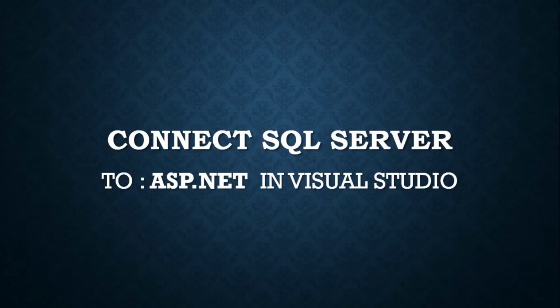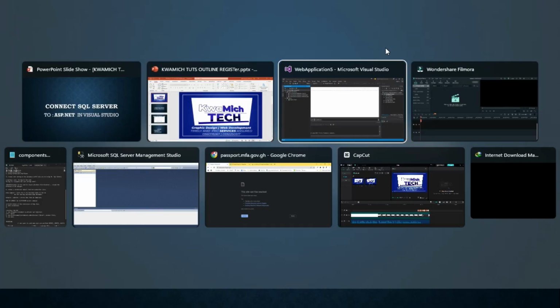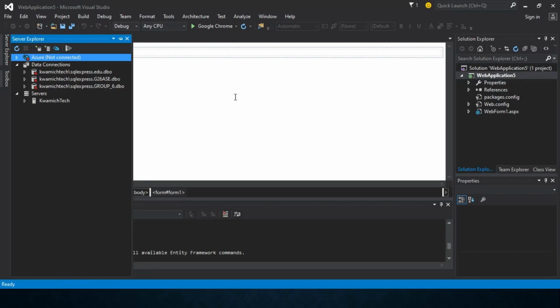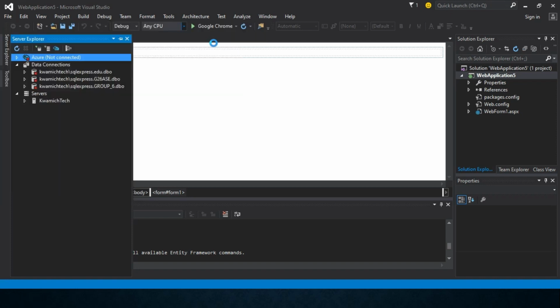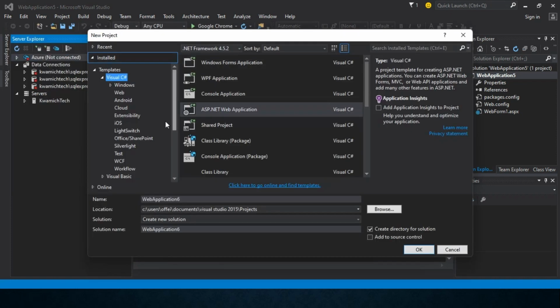In this tutorial, we are much more focused on how to connect SQL Server to ASP.NET in Microsoft Visual Studio. So without much ado, I have launched my Visual Studio already, and I've created an application that's an ASP.NET web application. To create an ASP.NET web application, you have to click on File, then you click on New, then you select Project, then you click on